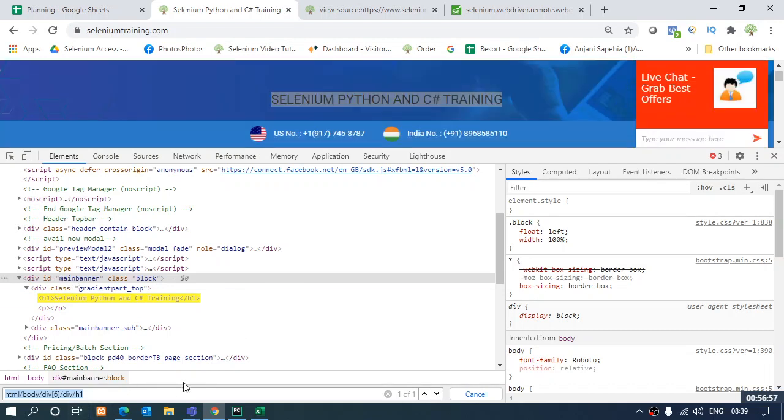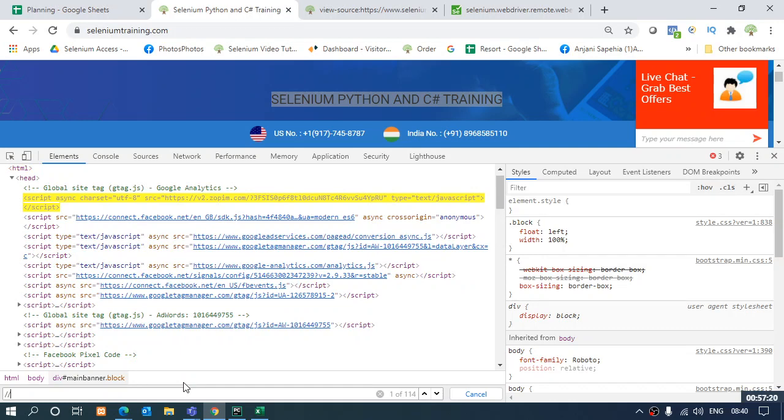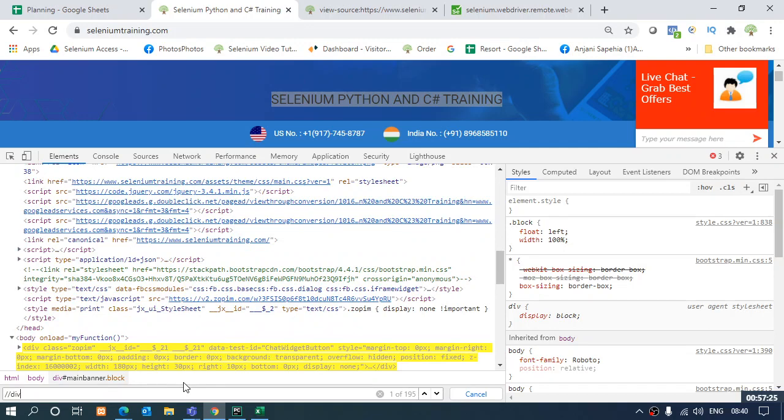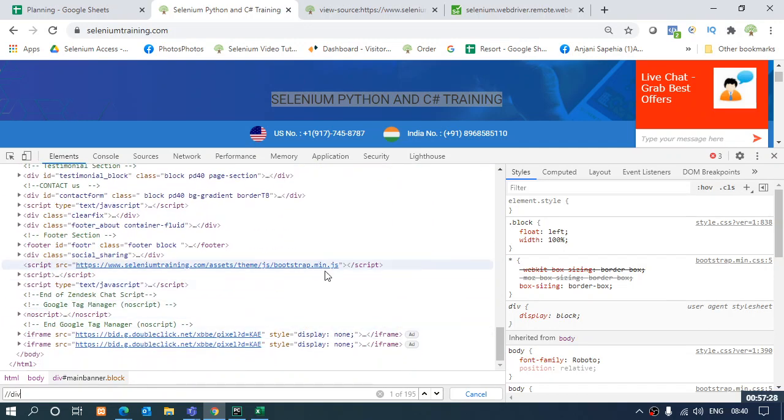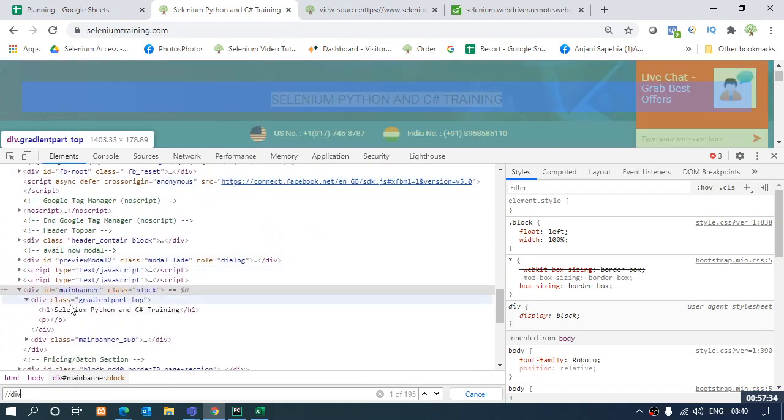What I'll do is, to start with, we put double slash, so that we are going to make our own XPath. Then you can use star. What star will do is select all page elements. Otherwise, you can put the tag name which you are going to use. I'm going to use the div tag over here. Let's go to that element, body, sixth element it was, yeah, right, div.